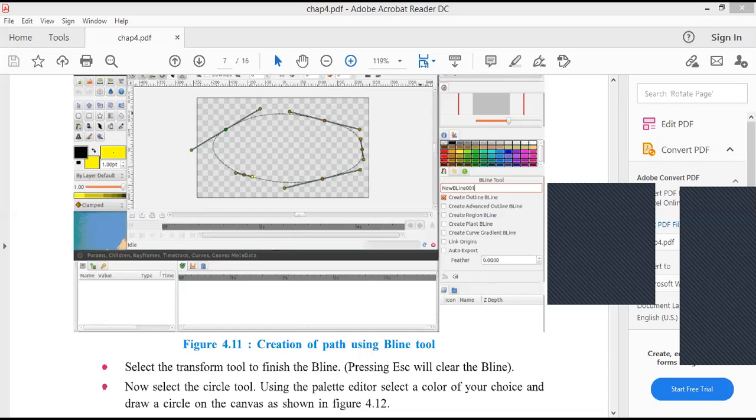This way we will draw our path from where we want to move our object. If you can't understand, we will draw it once again. Control N.